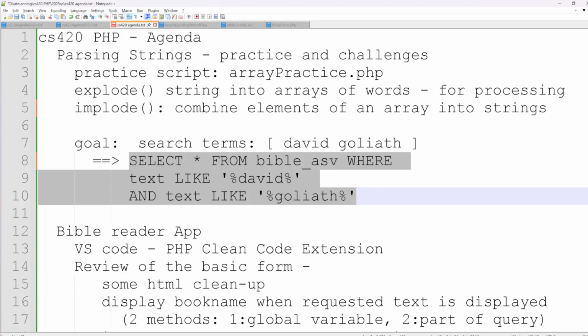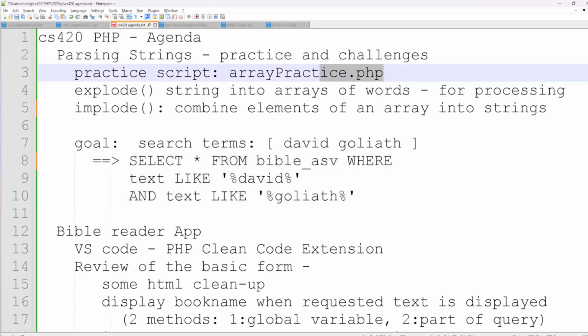But let's start by practicing with arrays. So I'm going to build a new script just for practicing with arrays, and then as I build on that, we'll take what we learn and put it into our little Bible reader project search feature. So let's build that script. I'm going to go to VS Code